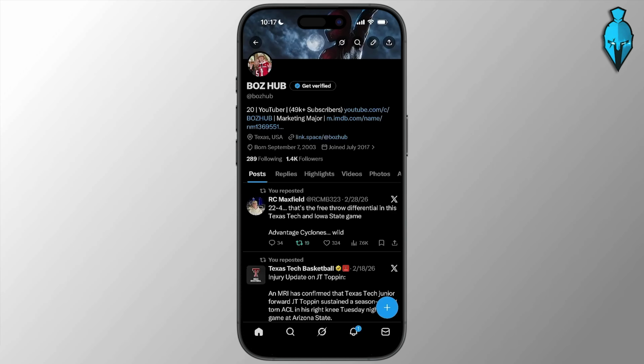In this guide, I'm going to show you how you can enable dark mode on Twitter, aka X, after the